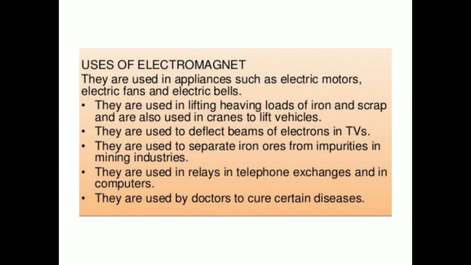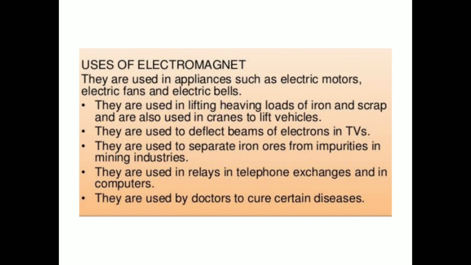So these are all the properties of the magnet, and we have seen the characteristics of the magnet. We have seen how the compass is used in finding directions by the mariners. Then we have seen the construction of the electromagnet and the uses of the electromagnet. Then we will just see how the magnet can be destroyed. If we throw the magnet, or heat the magnet, or break it into pieces, then it is going to destroy the magnet. Okay, the magnetism and the magnetic field can be destroyed.